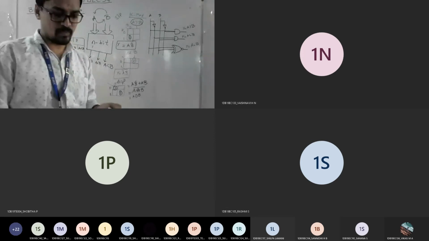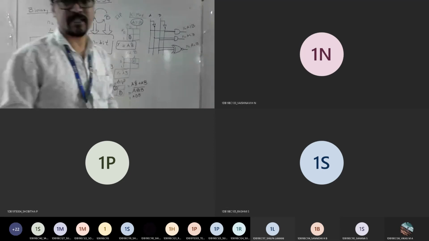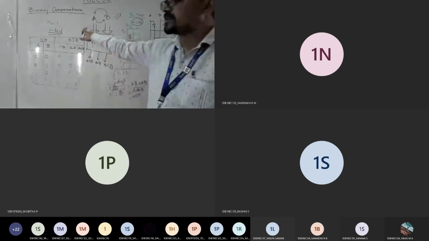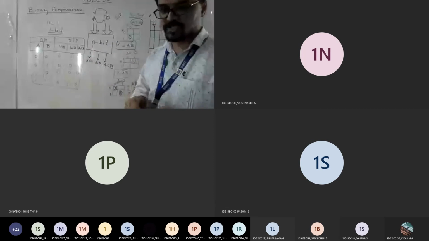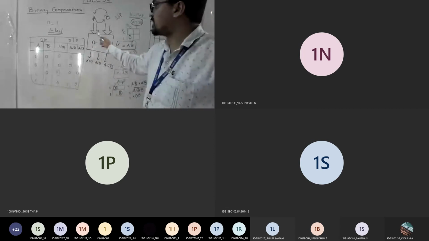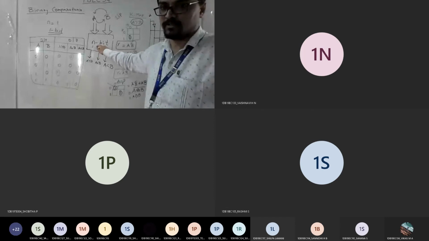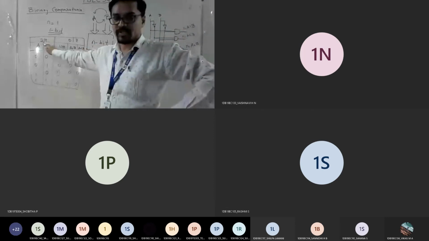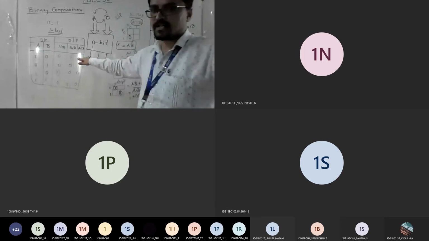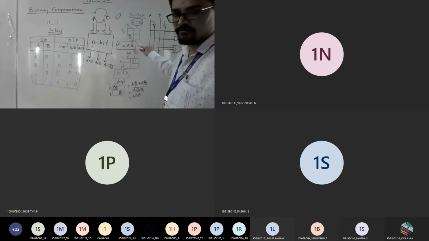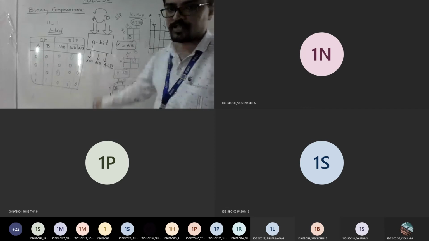Now in the same way I want you to build it for 2-bit. Before that, any doubts? If you have, you can ask. Just make a note: if they ask you to design, it's a 6 to 7 marks question. Design a 1-bit comparator, write a generalized diagram, then the truth table with the 4 combinations for the corresponding output, then the K-map expression. From that expression, get a logic diagram.